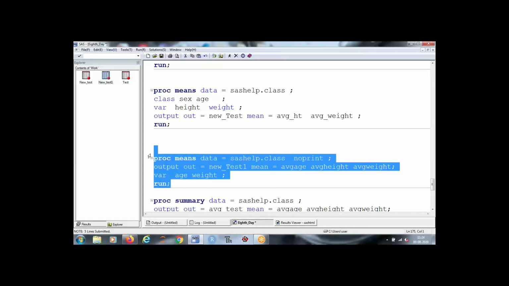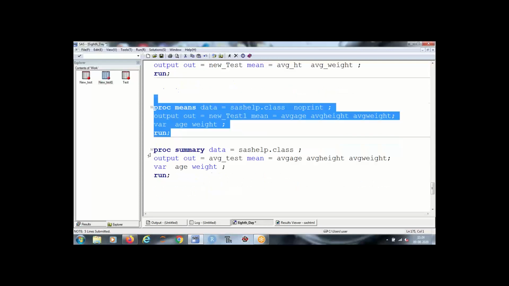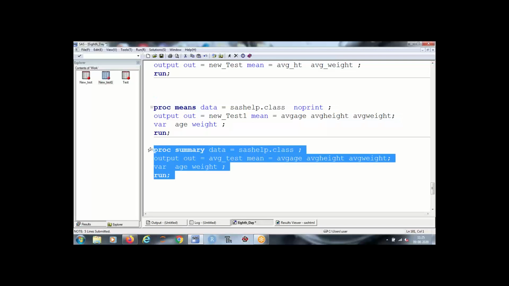Similar to this particular procedure, we have a procedure by the name of proc summary. जो काम proc means with noprint option करता है वही काम proc summary करता है.